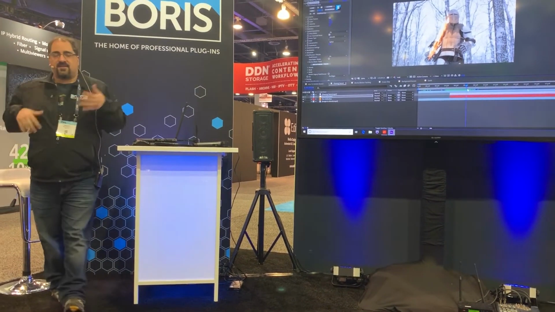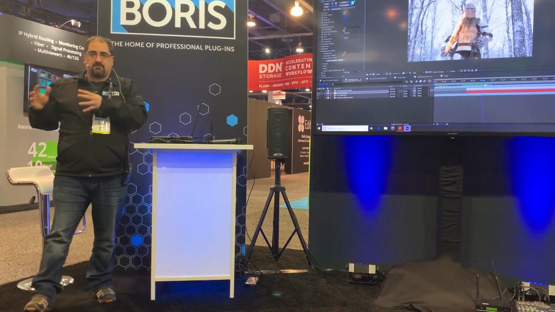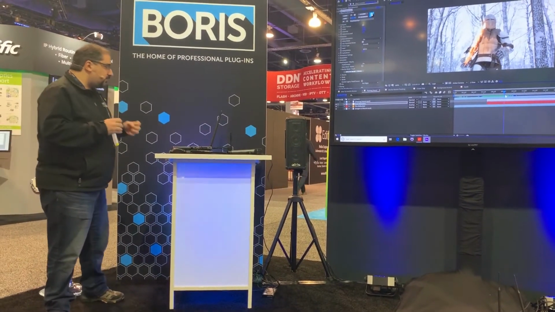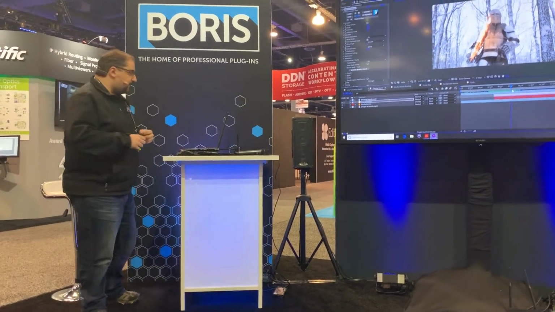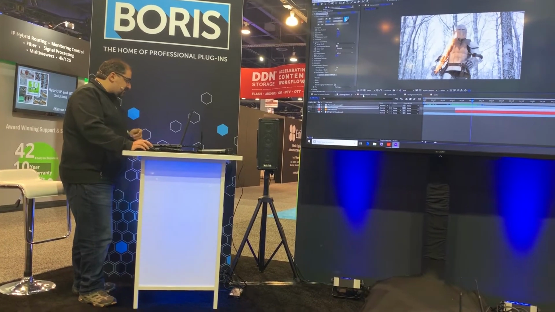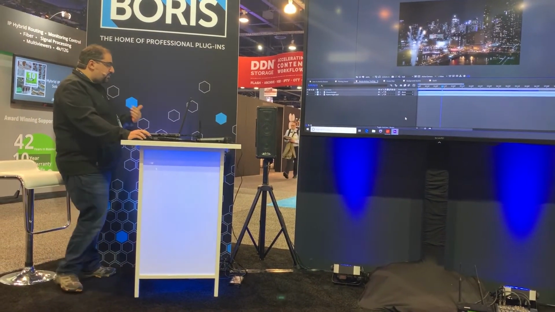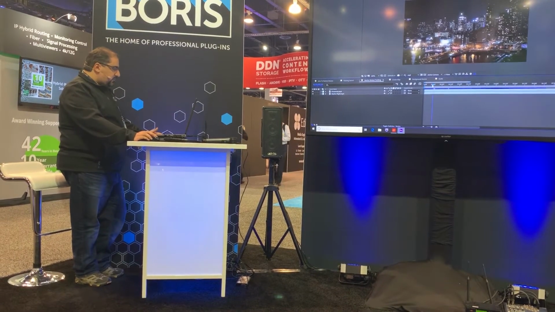But I mentioned Mocha, and this is where it actually becomes very interesting, because we're going to take a look at how you can use Mocha, which is integrated into Particle Illusion, to really start to drive your effects. So we're going to leave our knight to go do whatever he needs to do. We're going to go over to Mocha motion tracking, and what I want to show you is I have this